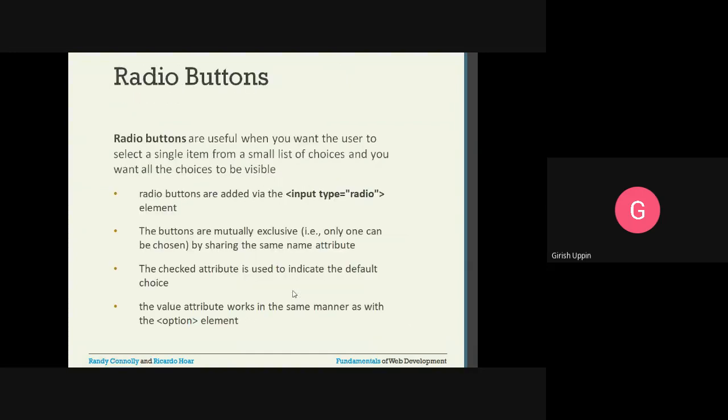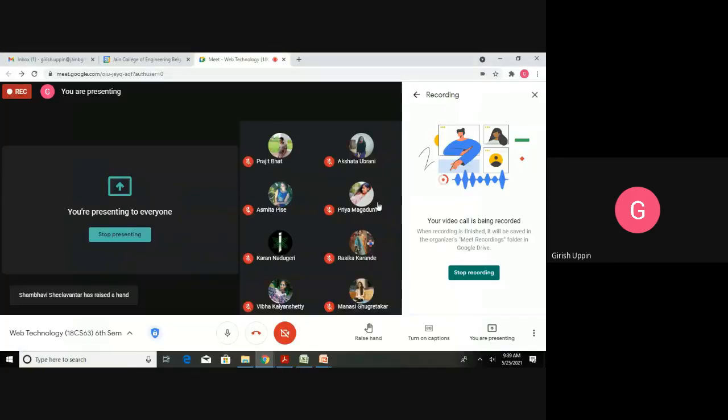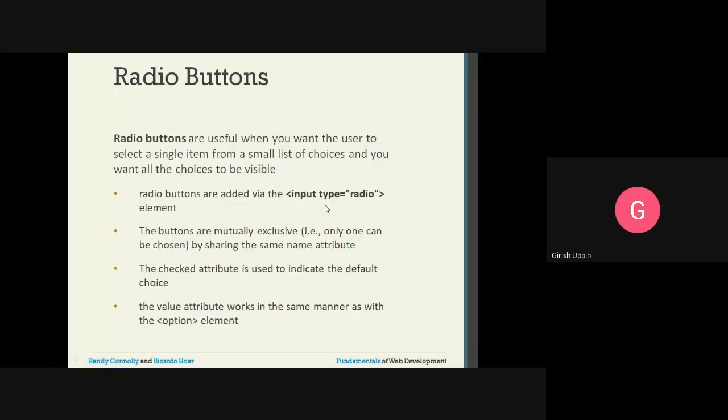Radio buttons: when you are making one choice out of multiple choices, you will use the radio button. Means it is only one choice, a mutually exclusive choice you are making, then you will use the radio button. How to use the radio button? Input type is equal to radio, and